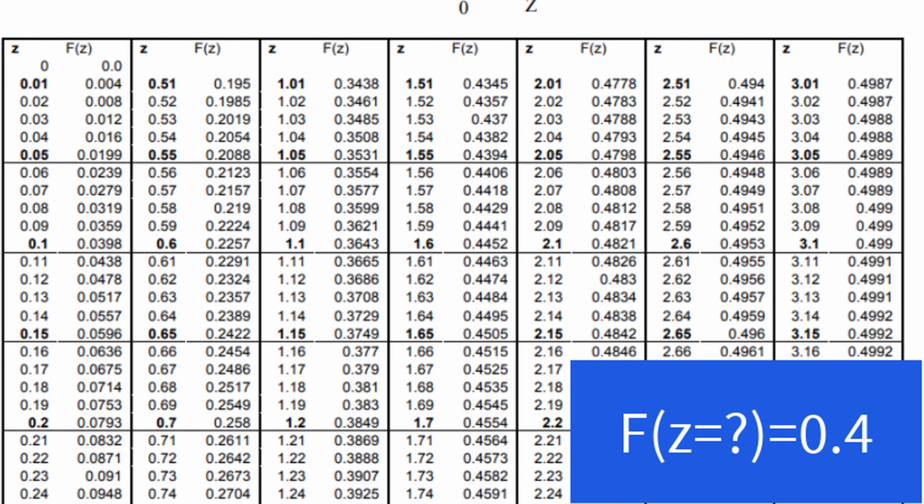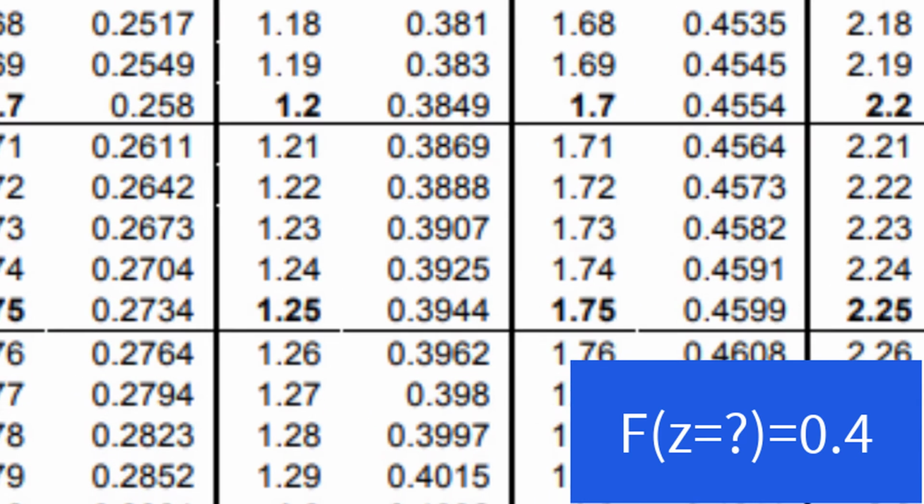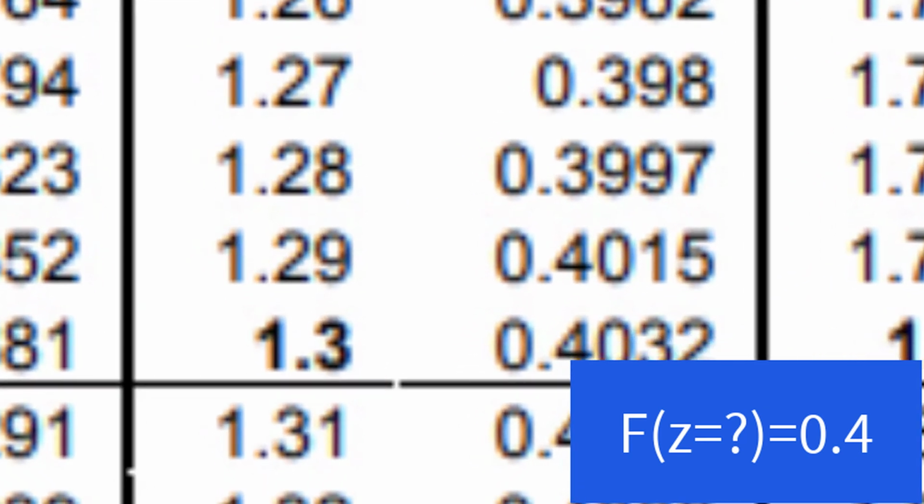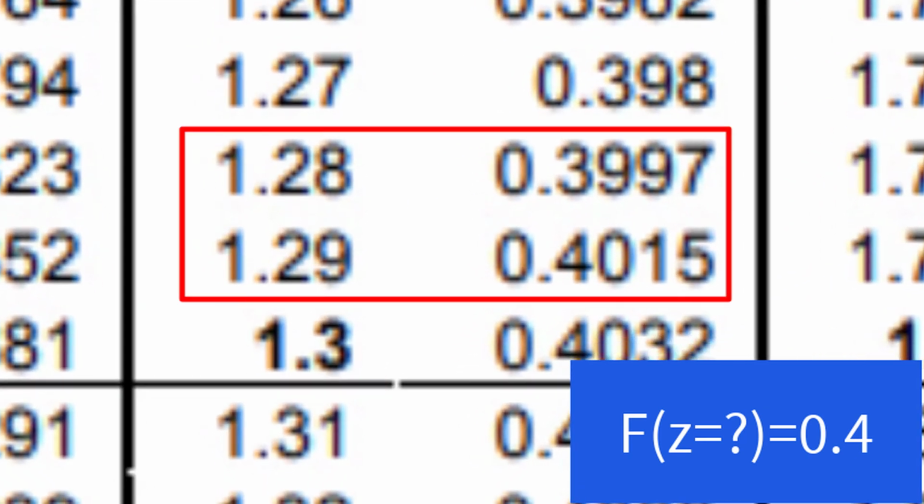Here we are at the table again. In this case, we have a probability, which is a value associated with the f of z column, so therefore we are searching for 0.4 in the second column instead of the first column this time. If we scroll down, we see 0.4 would fall somewhere between a z-score of 1.28 and 1.29, but it's a little bit closer to 1.28. Different teachers might have different conventions when your desired probability doesn't fall exactly in the table, but I'm fine with just taking the nearest value, which is 1.28.